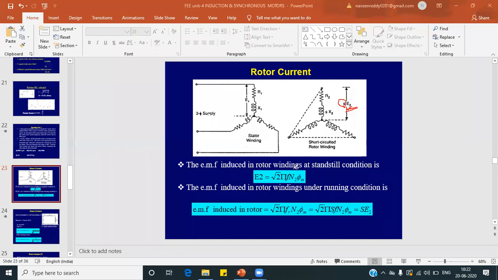So now comes the equation for EMF induced in the rotor winding per phase. This is the EMF induced across only one winding. There are three phases, right? So only per phase is E2, with subscript 2. E2 is equal to root 2 into pi, and if you do the calculation, root 2 into pi gives you 4.44, which is a standard number, as in the transformer EMF equation.